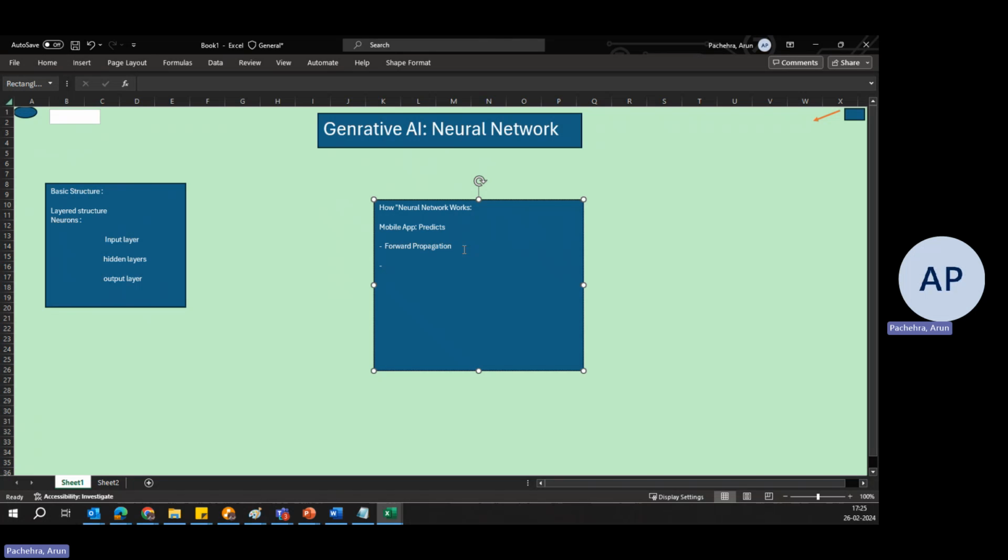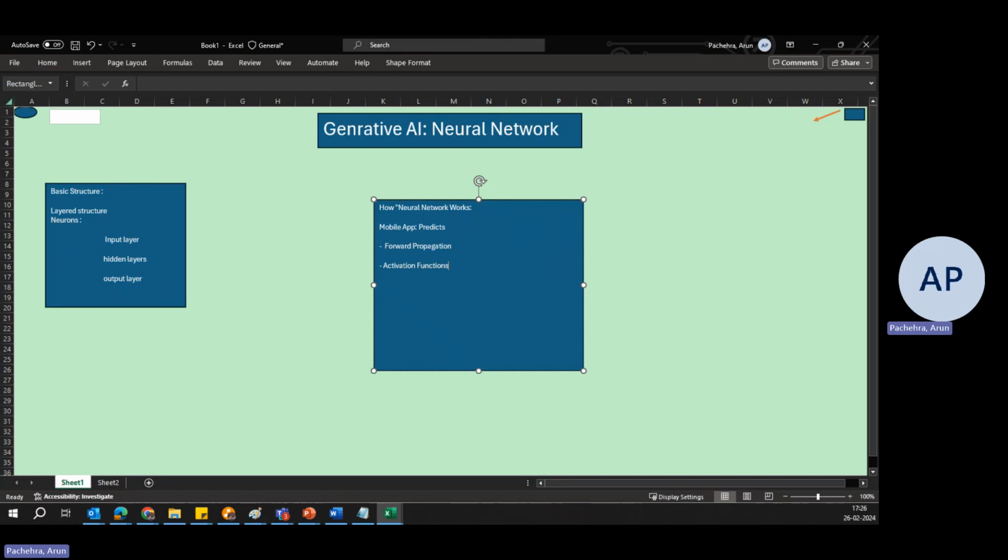Once each neuron processes these factors based on the weights and biases contributing to the neural network, then the second step happens, which is activation functions. As the name says, what happens here?